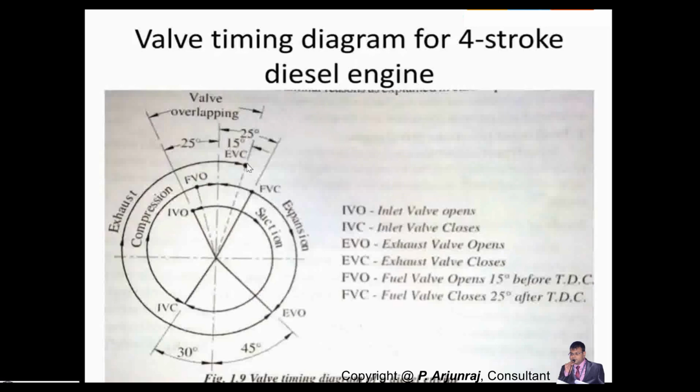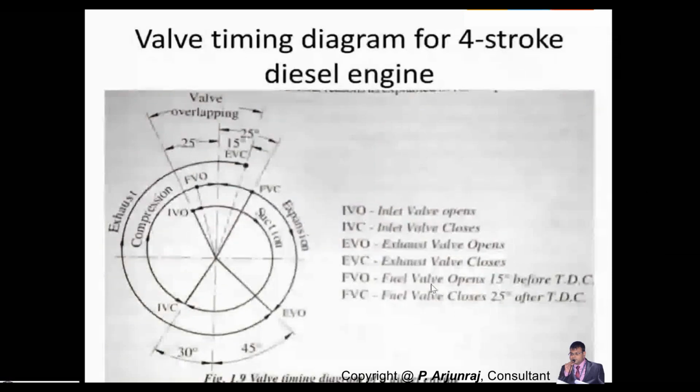So how can I define this valve overlap? It is nothing but the time limit, in terms of time or in terms of degree. So here it is basically degree. It is the duration, in terms of degrees, of the opening of the inlet valve against the exhaust valve getting closed. But you need to ensure that the valve is kept open during the valve overlapping stage, and you need to keep the value such that it is not too high. When it is too high, there is a possibility you may end up with